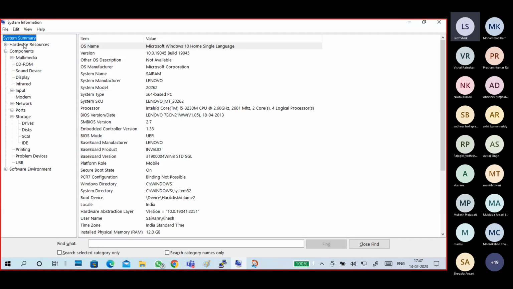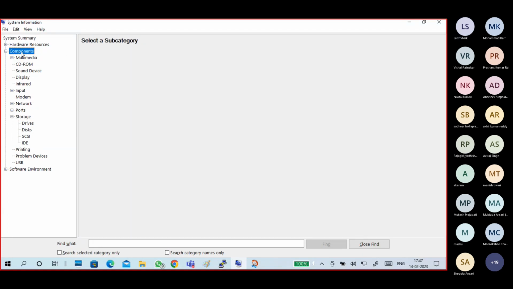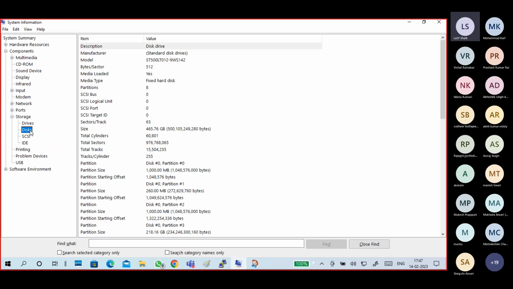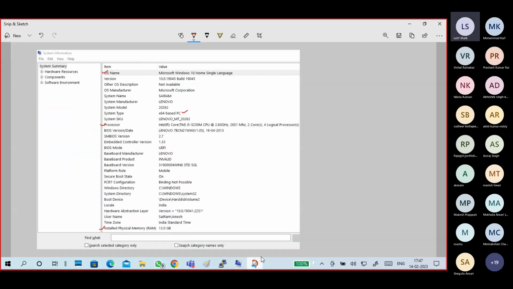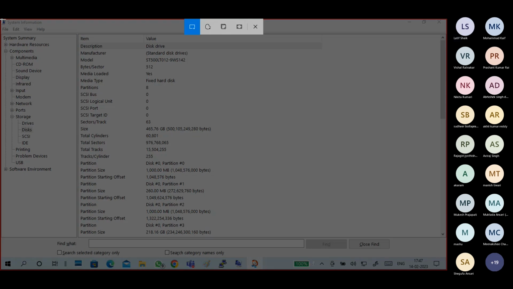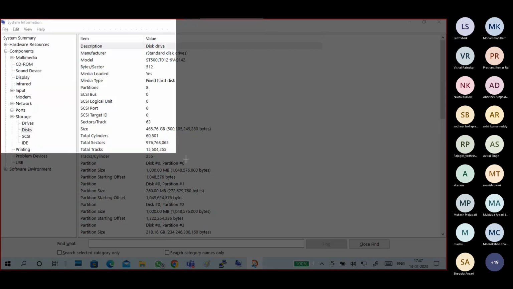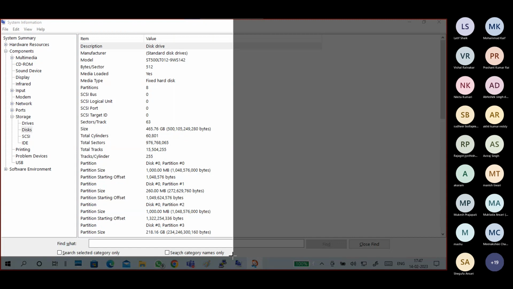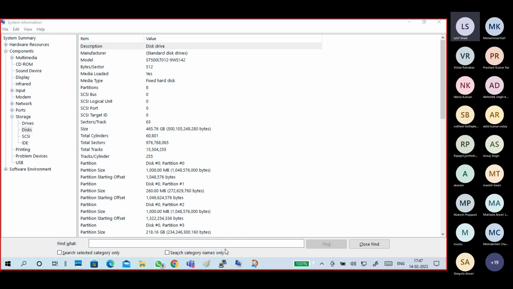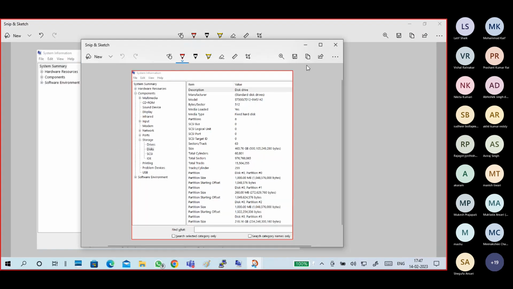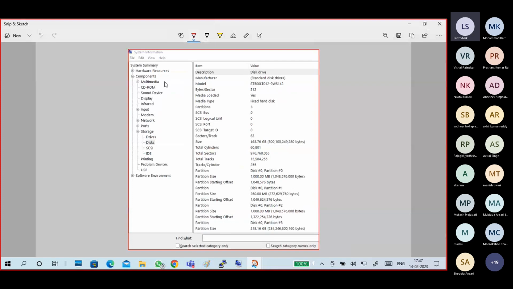Storage, so it is some memory. I am getting this component: expand components, storage, disk. Okay. So there we are getting some information. So you can see components first, under that one storage and disk.